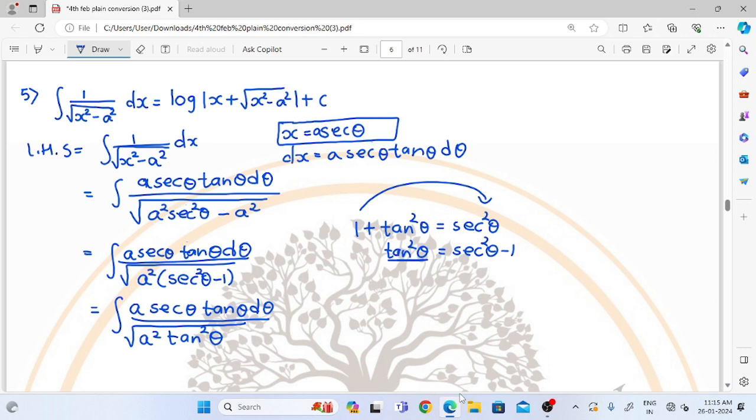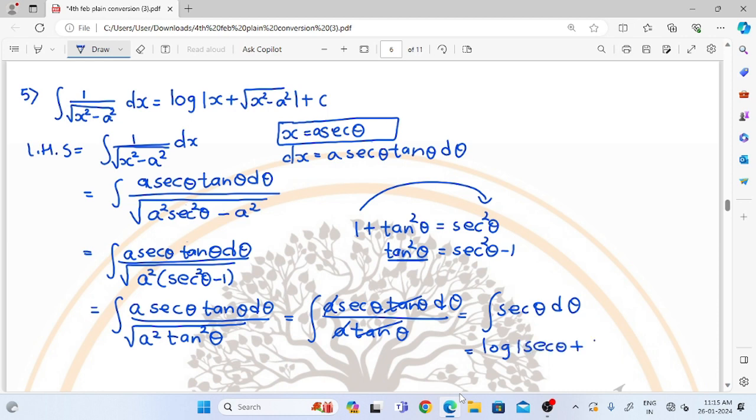Okay. And now the numerator is as it is, a sec theta tan theta d theta. In the denominator, the square root of a square is a, and the square root of tan square is tan theta. So this a will get cancelled, tan theta will get cancelled. So what will remain? Integration of sec theta d theta. And we have done this in the previous proof, integration of sec theta is nothing but log of sec theta plus tan theta